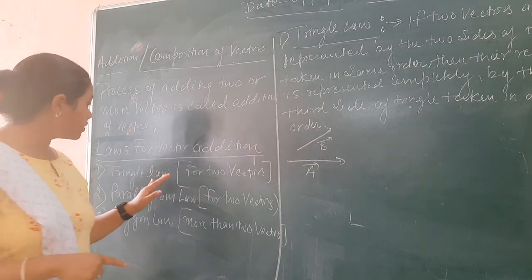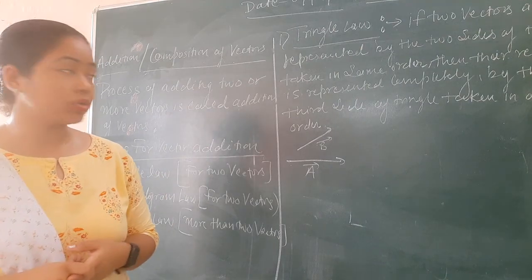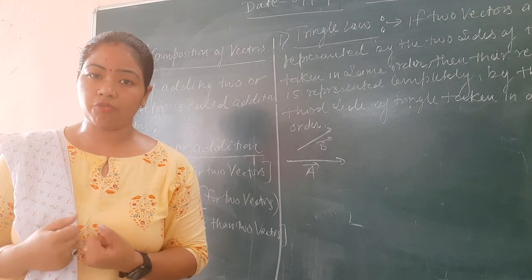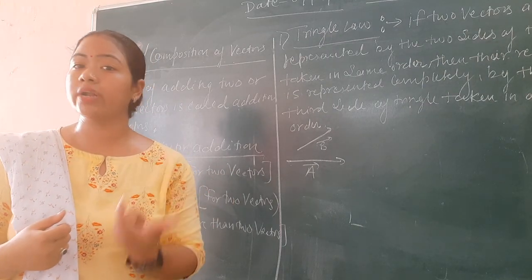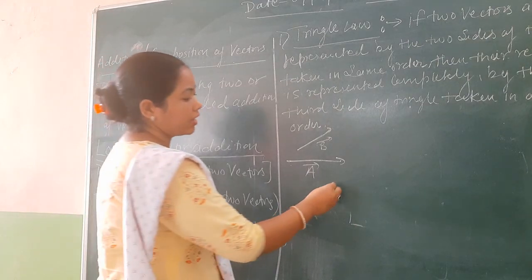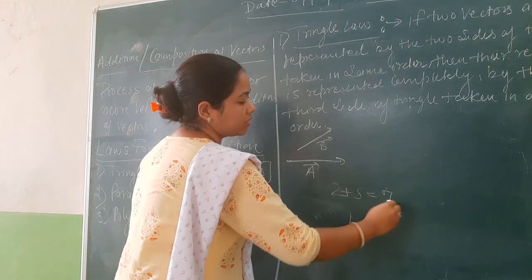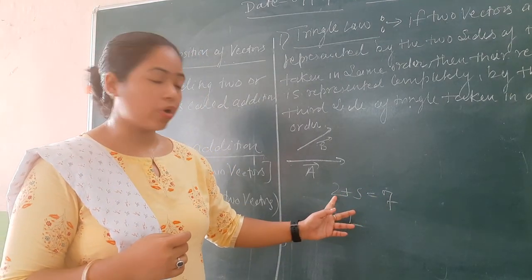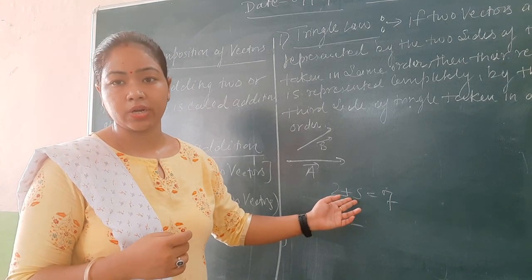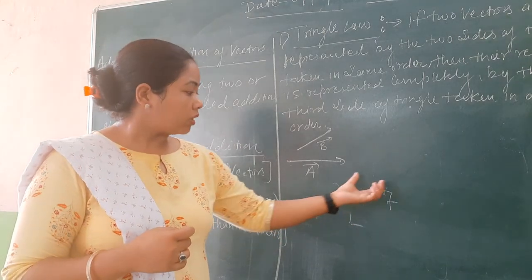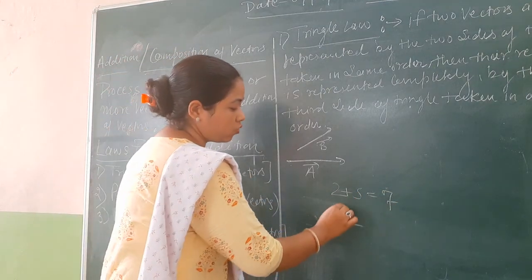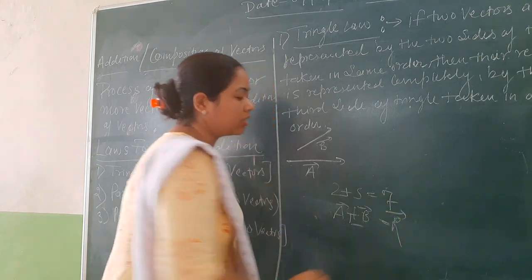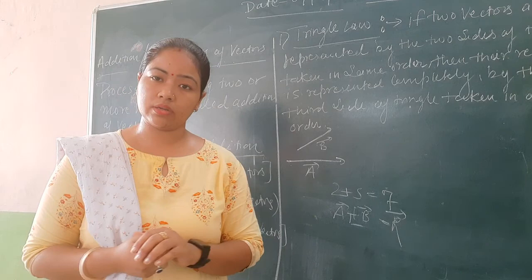So in our very first case, we will talk about the triangle law of vector addition. Basically, when we are adding something, we get one result, right? If you add 2 plus 5, then you get 7. 7 is the result of the addition of these two individual quantities, right? Similarly, if you are adding two vectors like A and B, you will get a single result, that is the resulting vector R, right?